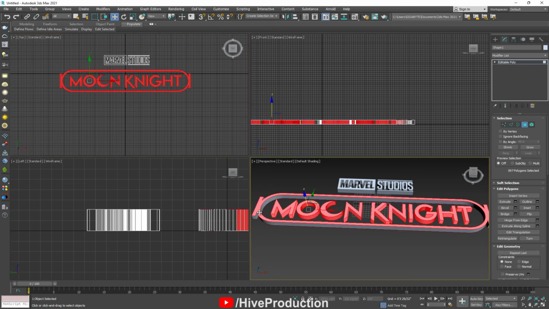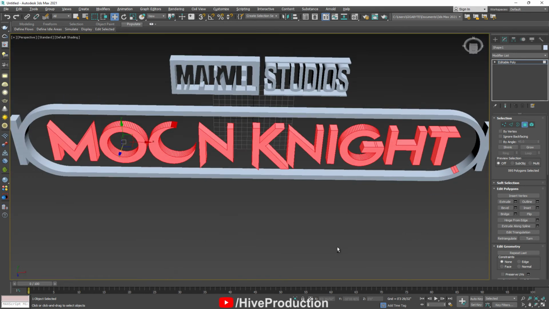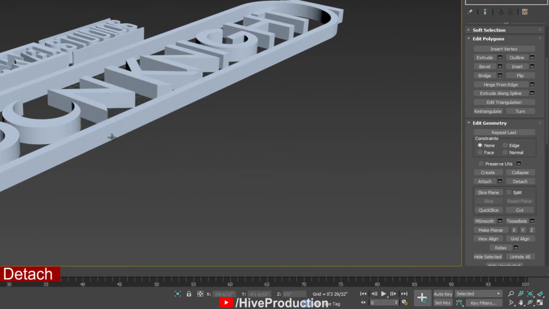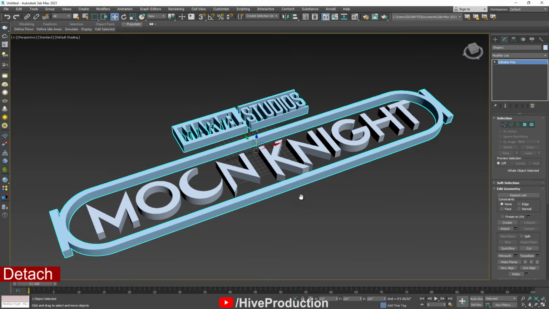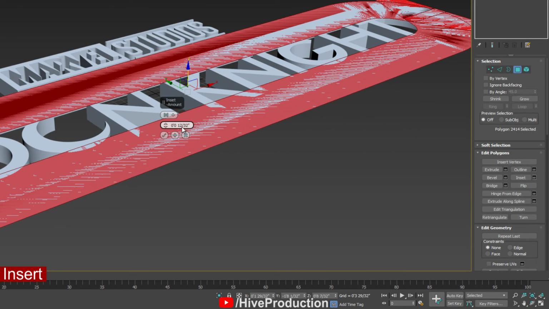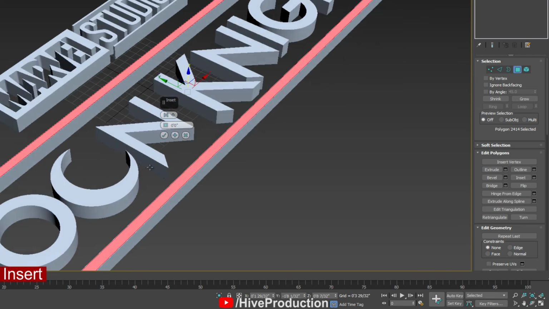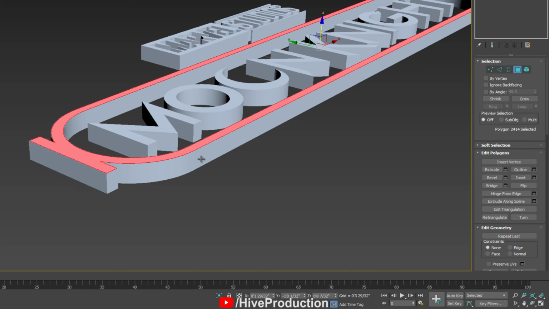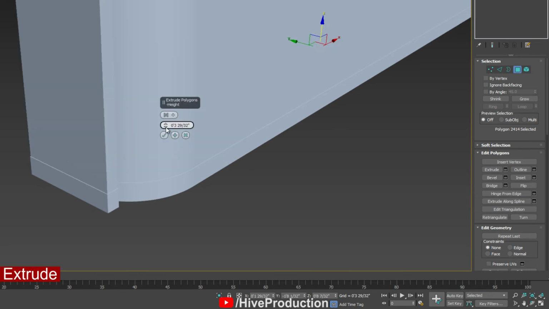select the Moon Knight logo, only Moon Knight, not this border, only Moon Knight, and I will detach them. Why am I detaching them? Because Moon Knight has a long height. Okay, so make the insert, because I'm going to have some borders. These are smooth borders, and after that I'm going to take the extrude inside,